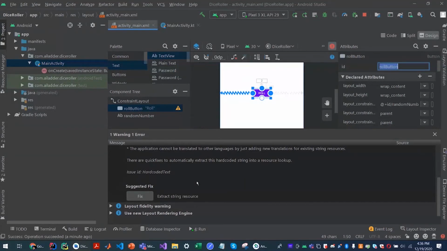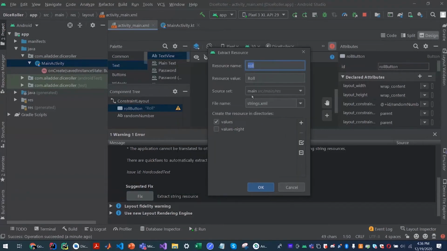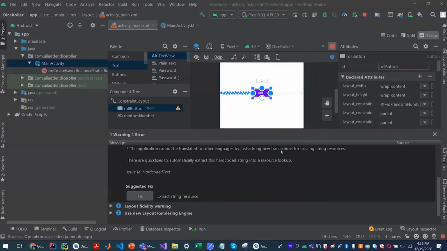So in case you use one string in a lot of places and you want to change it, instead of changing it in each place you used it, you can change it directly at the source of the variable and it will be fixed everywhere. This is called the string resource, and there's a specific file called strings.xml where this will be stored. I'll show you what that is in a second.